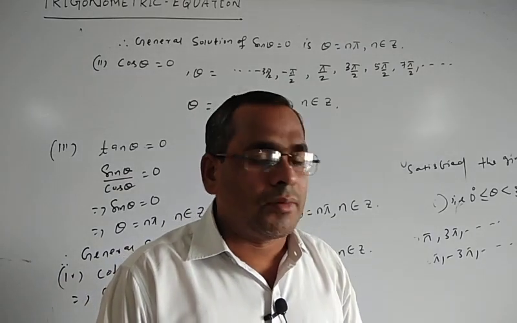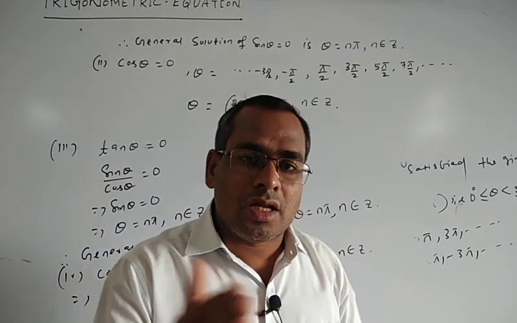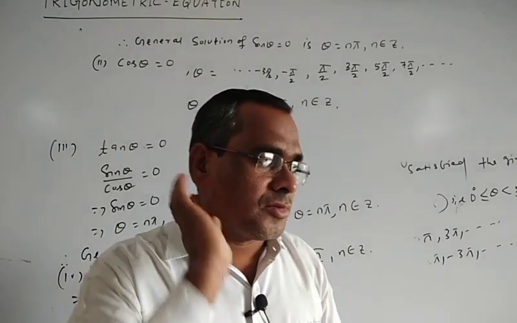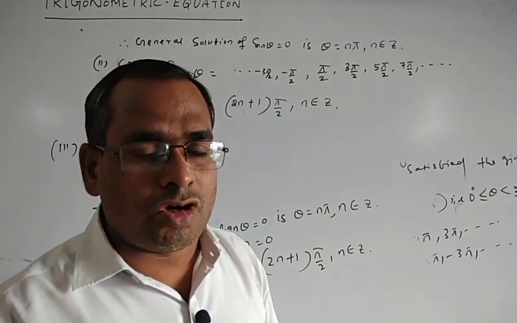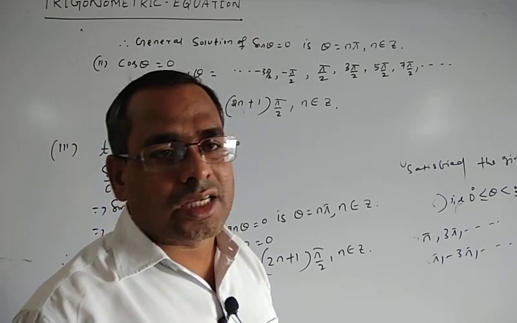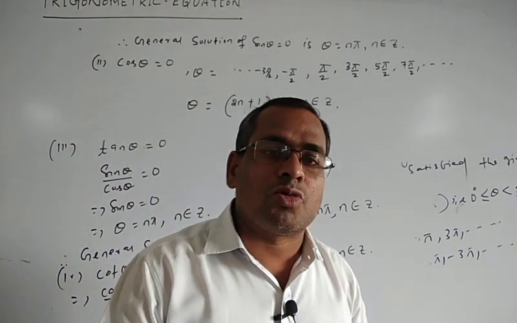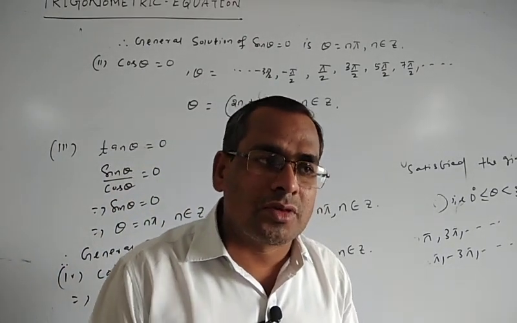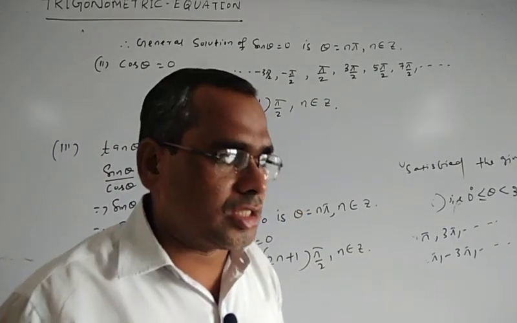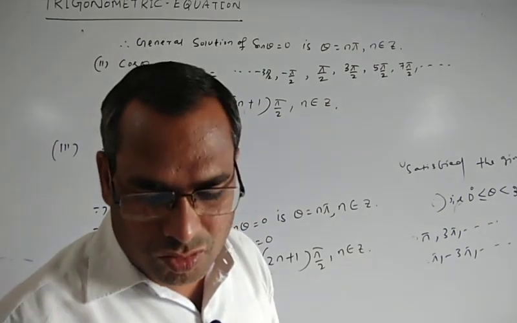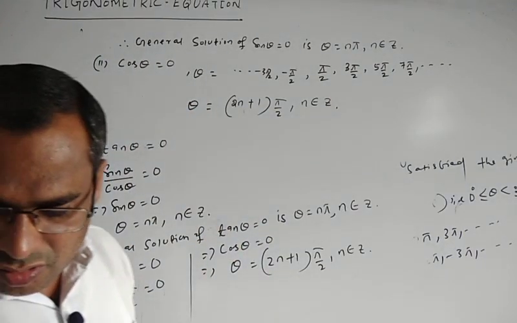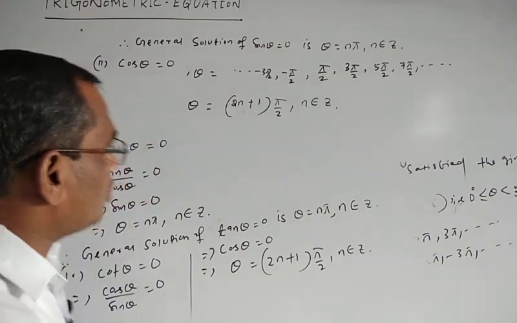Like that, the value of cosec theta is also less than or equal to -1 or greater than or equal to +1. Sec theta is equal to 0 means there is no value of theta. Similarly, cosec theta is equal to 0, there is no value of theta. Its solution is impossible. Sec theta is equal to 0 and cosec theta is equal to 0. Next, we find the general solution of sin theta.